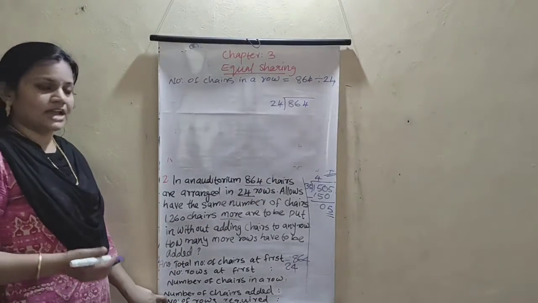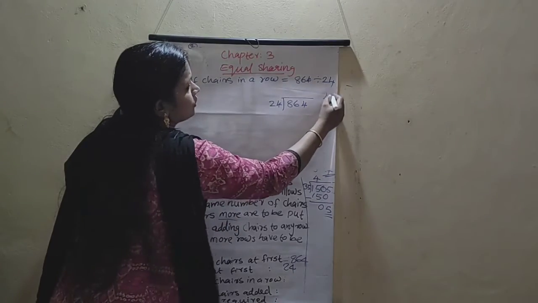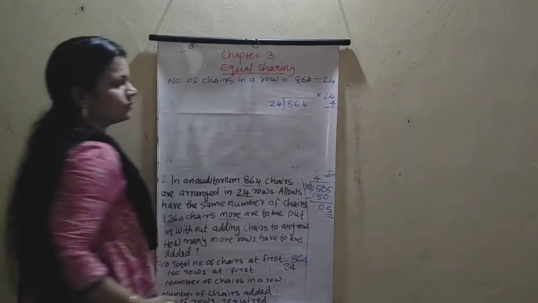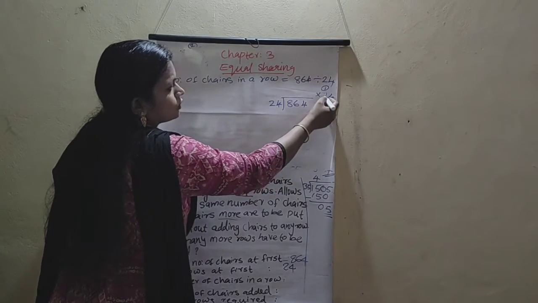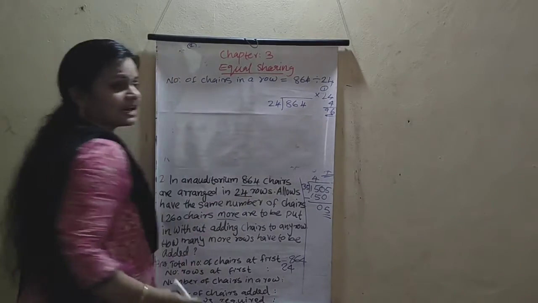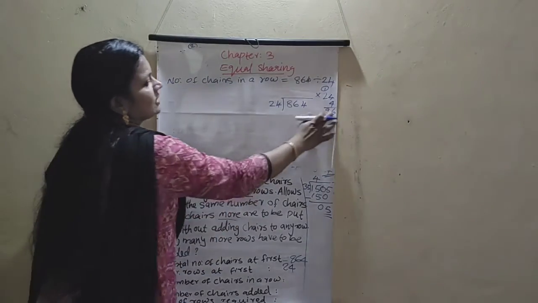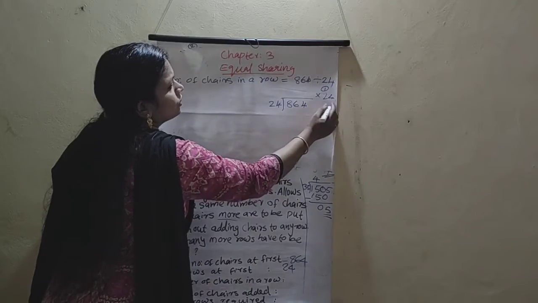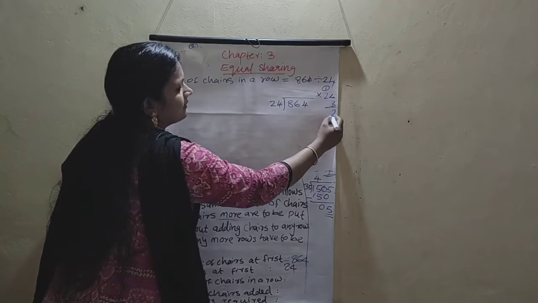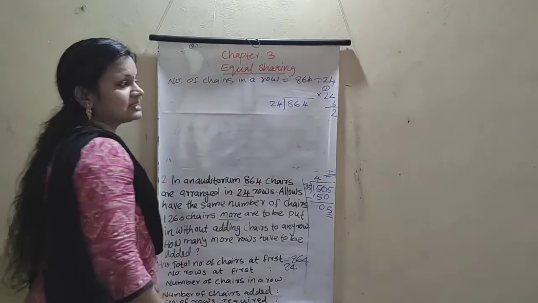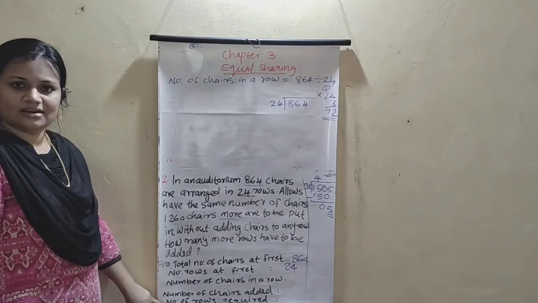Here only 86. Then you are calculating 24 into 5 or 24 into 4. 24 into 4, what is the answer? 4 4s are 16. What is the carryover? 4 2s are 8 plus 1, 9. This is 96. We don't want 96 because this is only 86. So we can calculate 24 into 3. Understood? 4 3s are 12. 1 is the carryover. 3 2s are 6 plus 1, 7. That way you find out the answer.